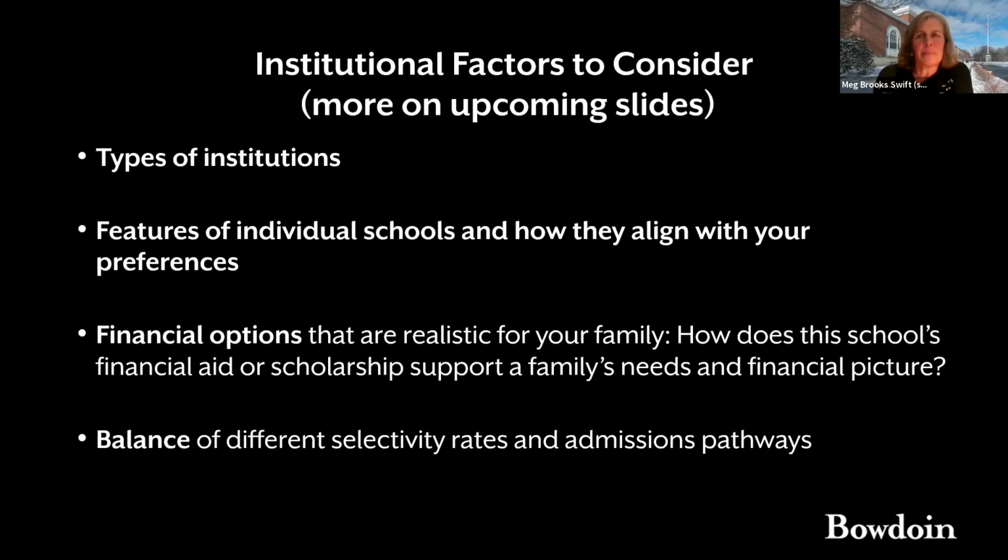So, going a little bit deeper on the prior questions, there are different types of institutions to consider, and we'll talk more about these in a minute. But within each of these types of institutions, there are different academic offerings. For example, some schools will have specific distribution requirements. So if your student hates studying language, they probably don't want to pick a school with a language requirement. They'll want to understand how the various features of an institution align with the academic goals for that college experience.